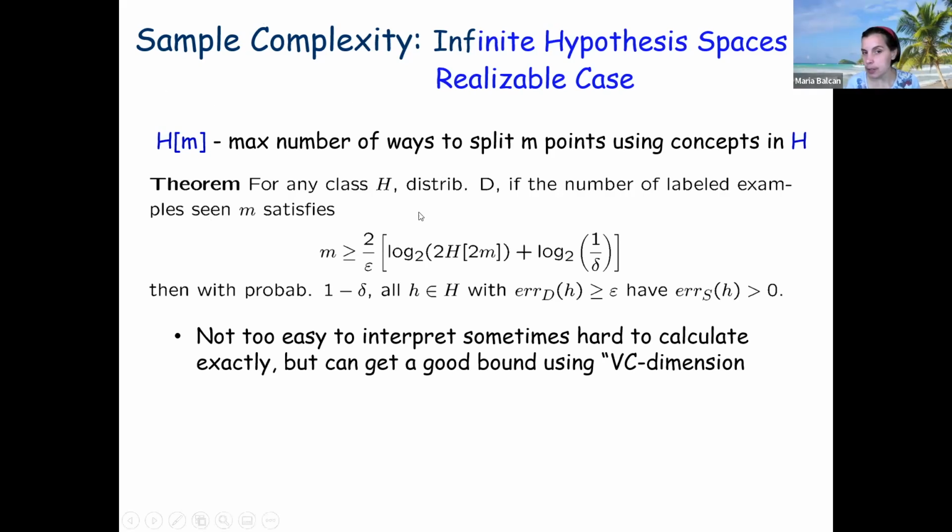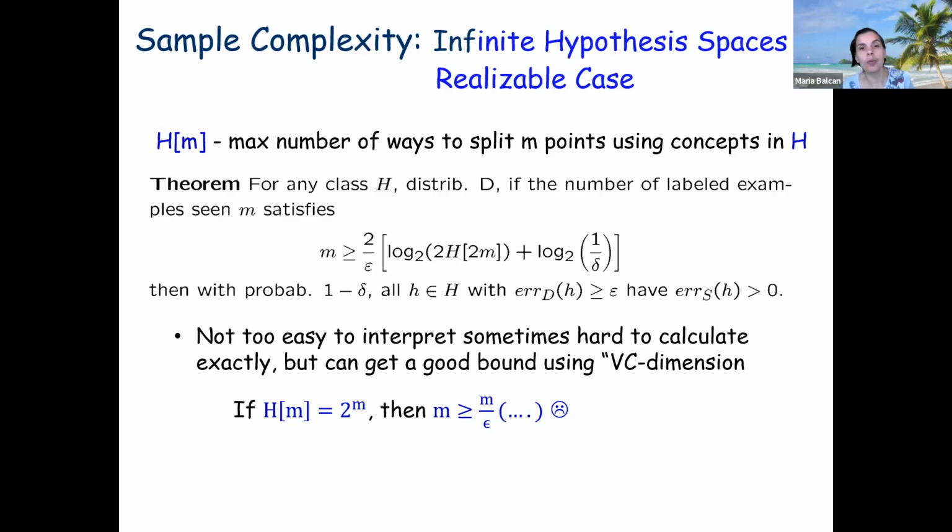Right. So again, the issue with this statement here is basically that the bound itself contains m on both sides of the inequality, and number two, it also maybe doesn't give us an easy intuition for when learnability is possible. In particular, a case that wouldn't be good in the worst case is if H is very complex and contains